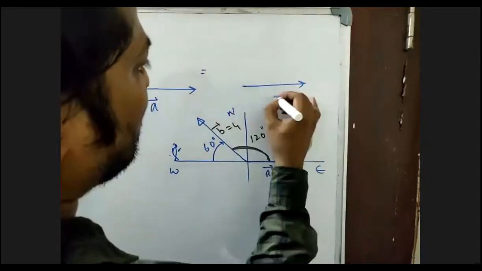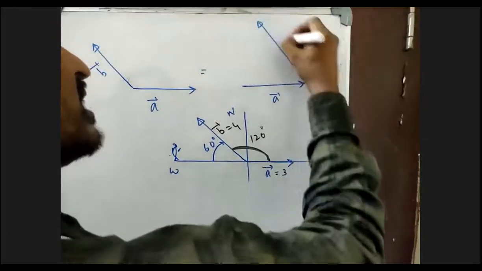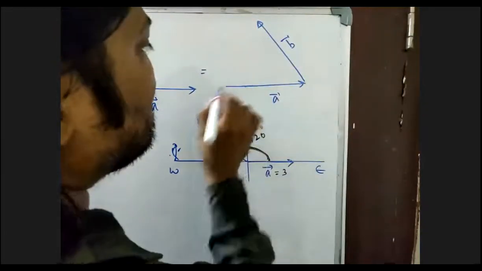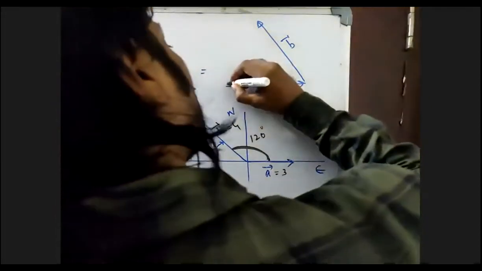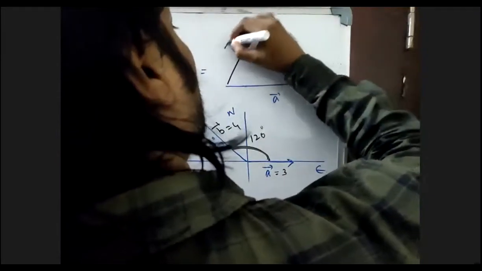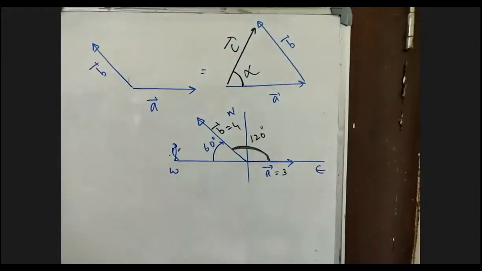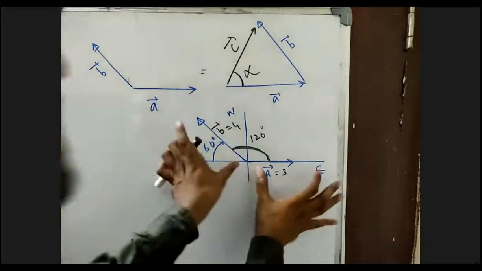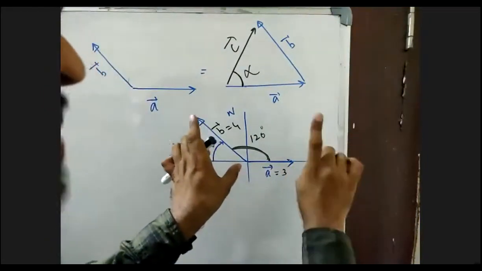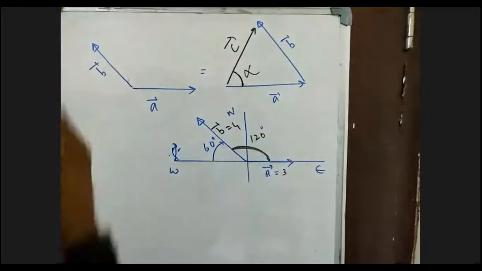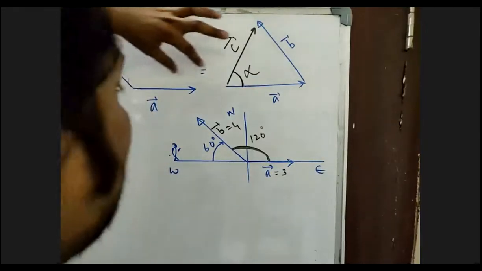This is the vector A bar and this is the vector B bar. The tail of B bar is attached to the head of the first vector. Is this diagram clear? Now the resultant is given by the third vector, C bar, which is making an angle alpha. See, these are two vectors, A bar and B bar. I am getting the angle by the triangle law, so don't use the tail to tail method. It is the head to tail method: the tail of the second vector is attached to the head of the first vector. So I shifted the second vector and kept it on the head of the first vector.